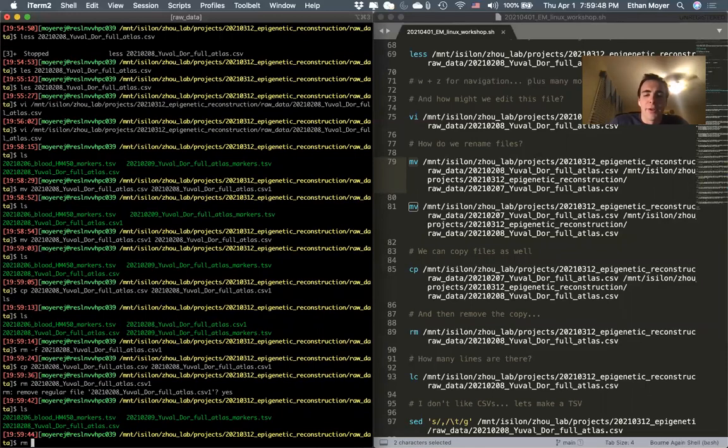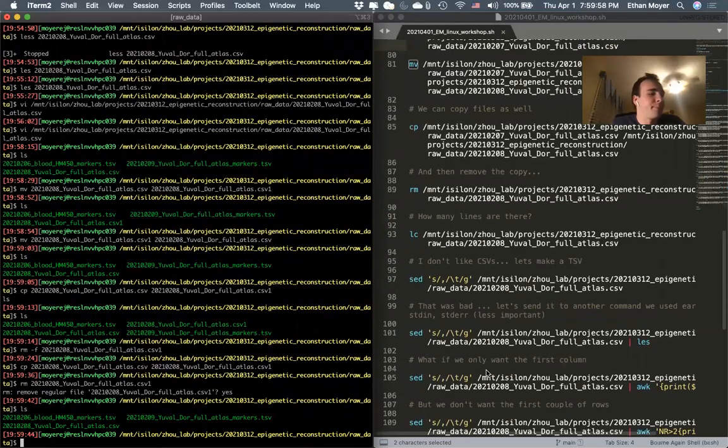And then there's another toggle for rm, that's R, which means recursive. So if you're trying to delete a directory, it's going to delete everything in that directory. Okay. Some more